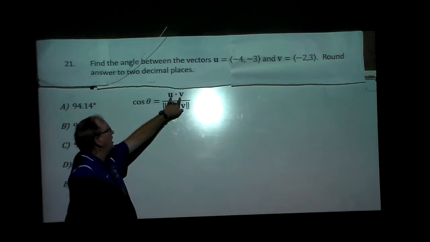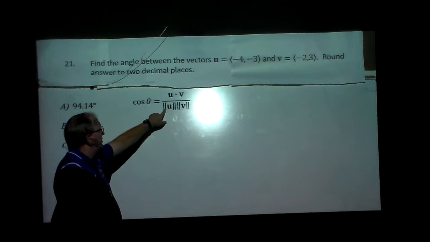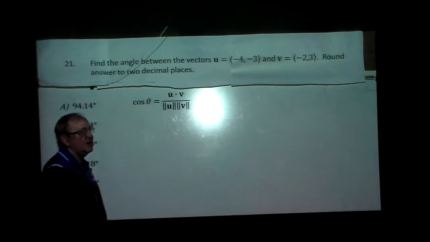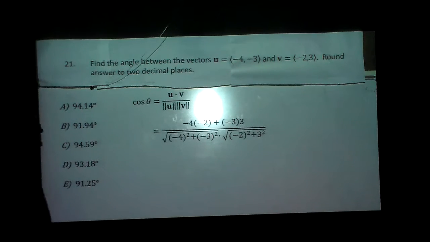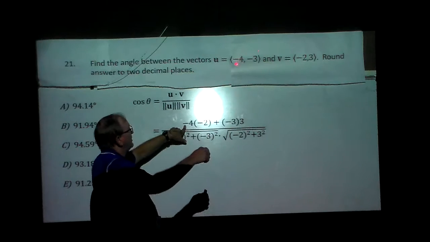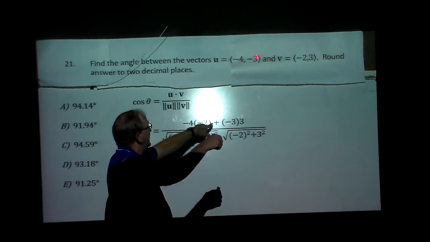All right, how do we find the angle between two vectors? We're going to round to two decimal places. Well, there's a special function, cosine, of the dot product divided by the magnitudes multiplied together. Remember, the dot product is basically taking what I call the x's, -4 times -2, added to the y's,